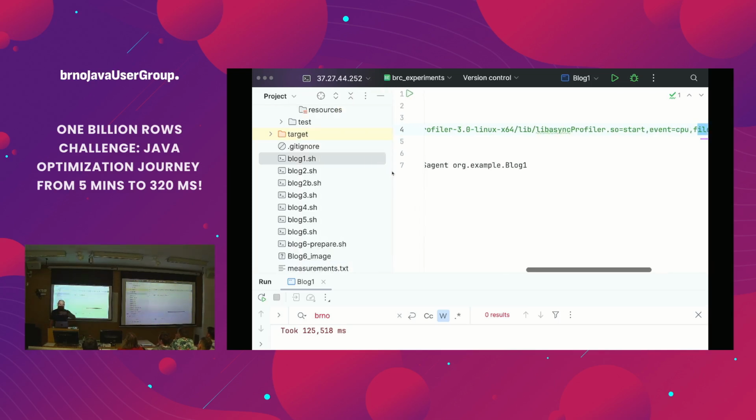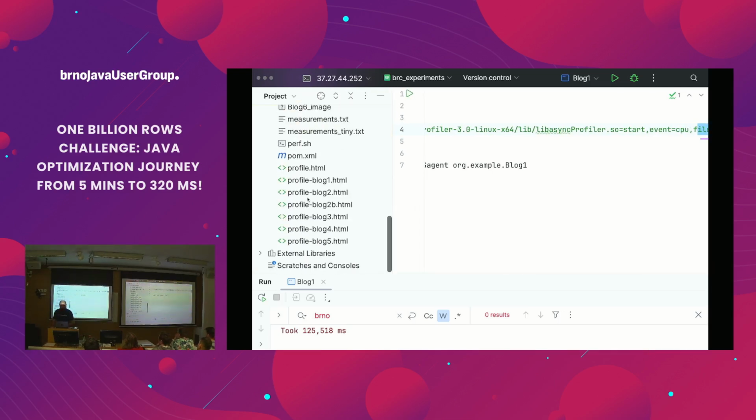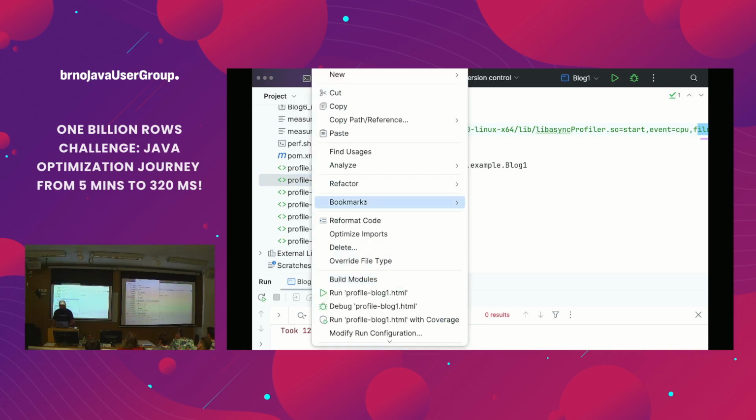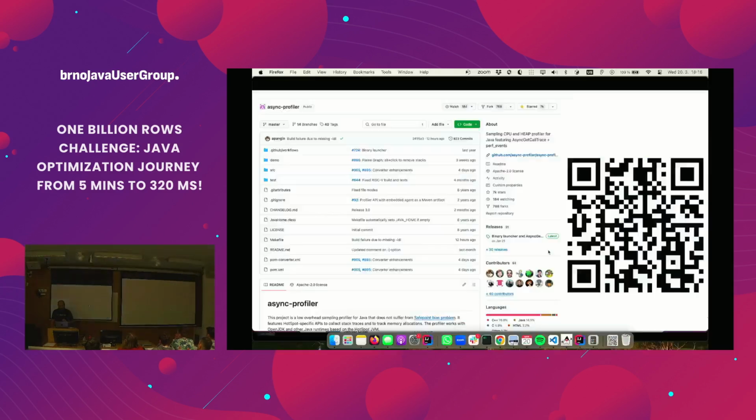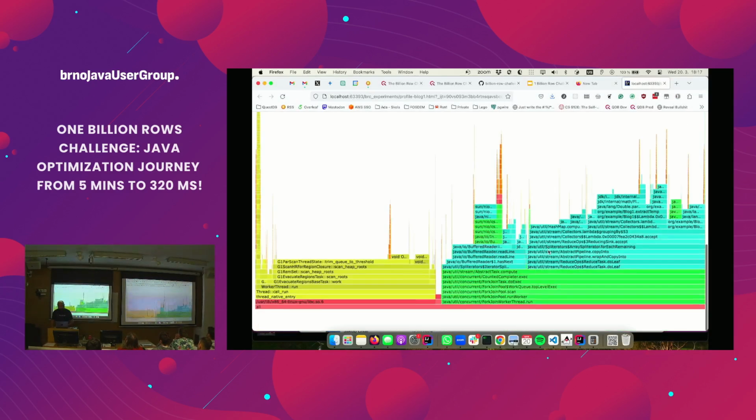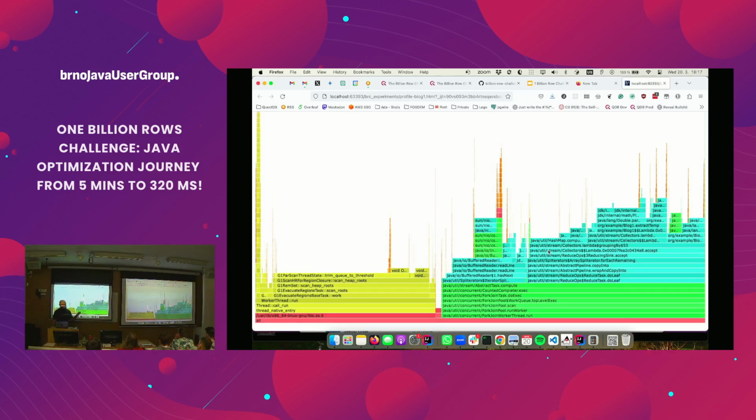I will not run it again because I already prepared this at home. So the output will be opened in the browser. Output will look like this, a flame graph. Franciszek, you are the graph guy. Everyone calls it a flame graph, but it should be a flame chart. Okay, are you familiar with this format of displaying profiling information? Okay, half, nodding heads.